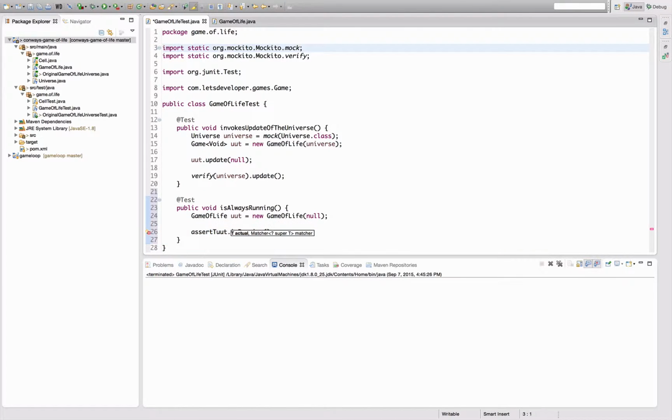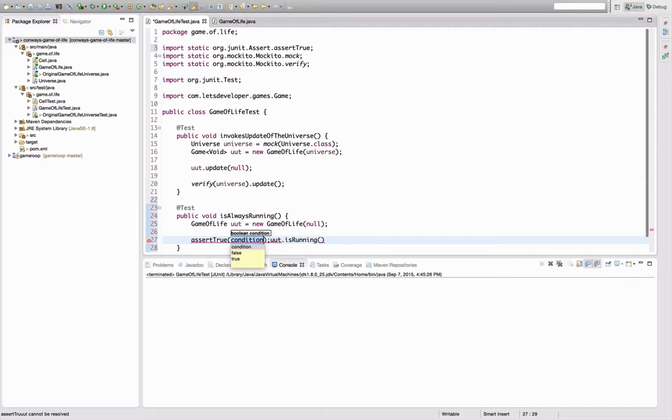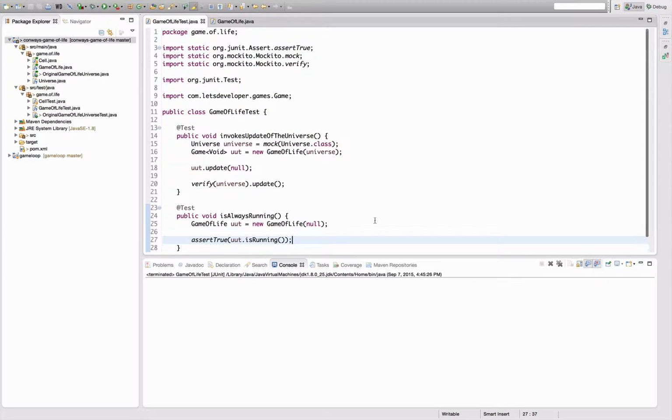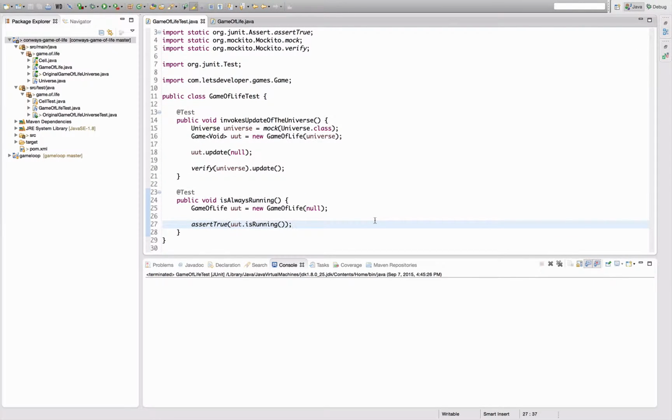No, not assert that, but assert true. I see a tiny indication of a smell here that I pass in a null object here for the universe. Not a null object, but null,